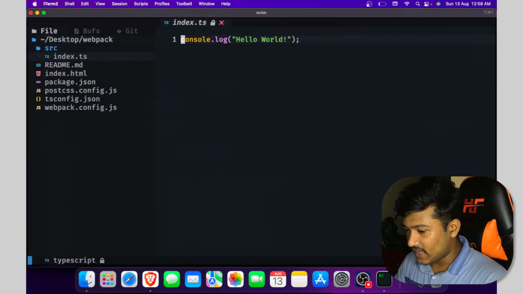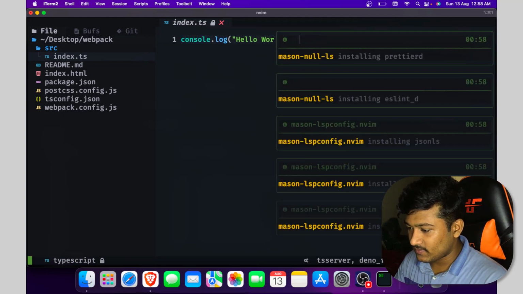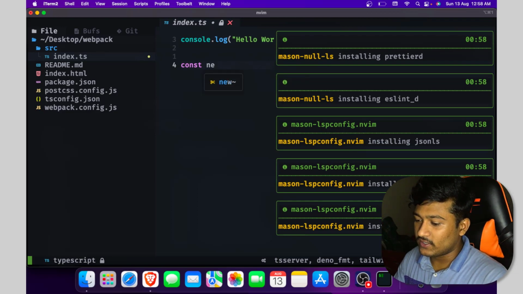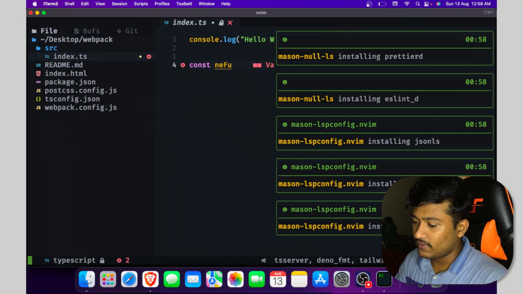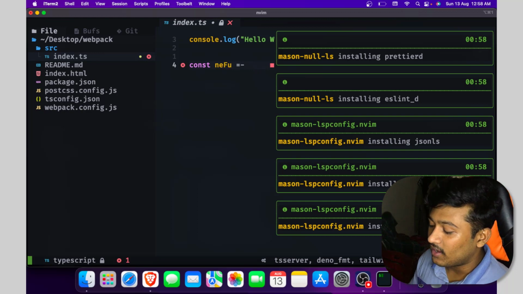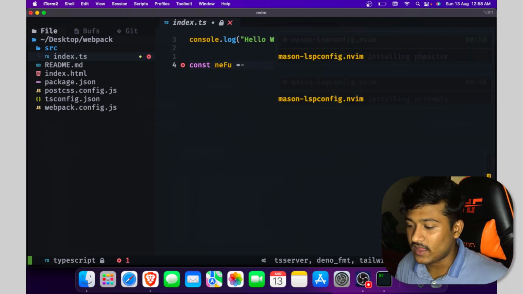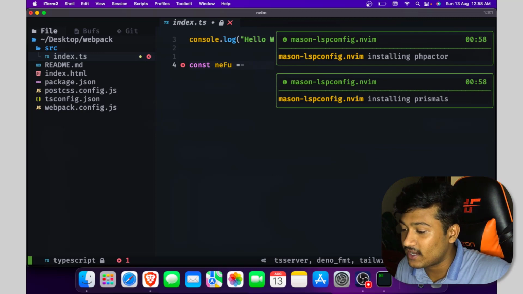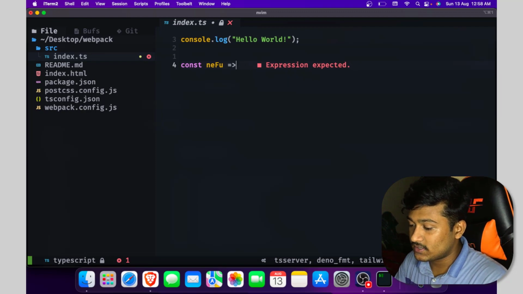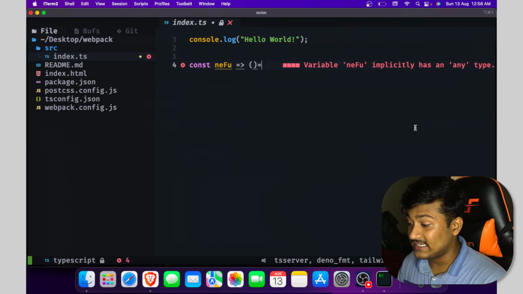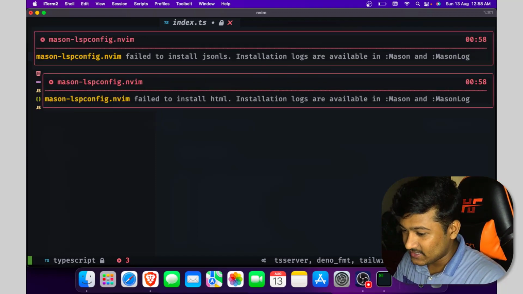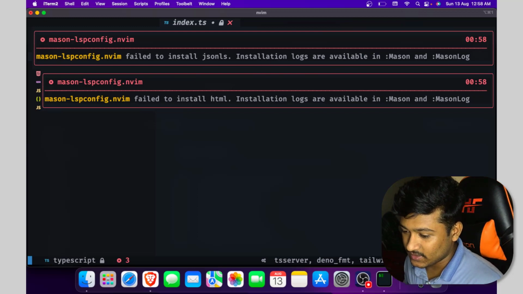So this is a TypeScript file. As you can see, if we create const new function, it will detect if you make any spelling mistake or any comma or quotation or something else, and it will definitely mark it in red because you made a mistake. So func implicitly has any type. Okay, so you can just return a string. So just remove this message.